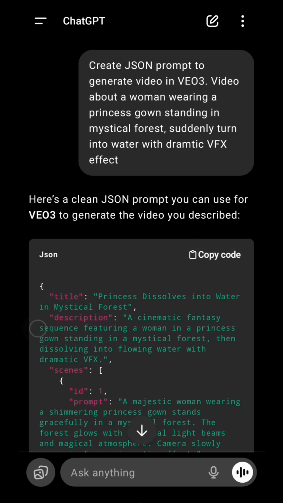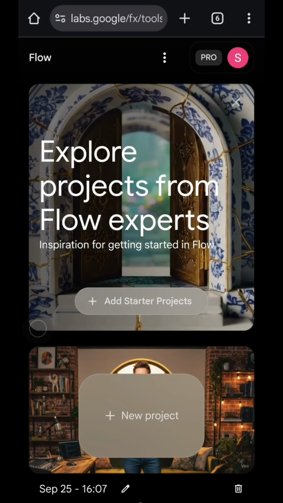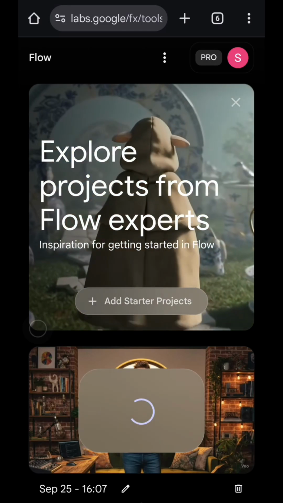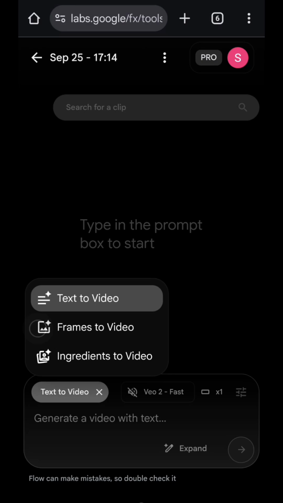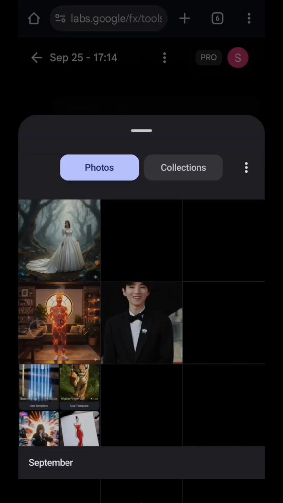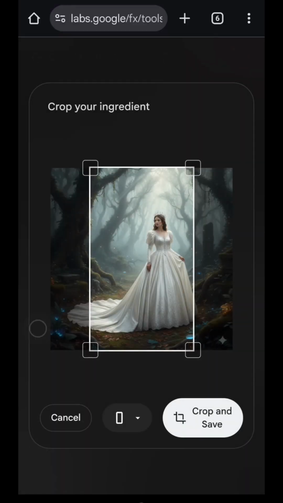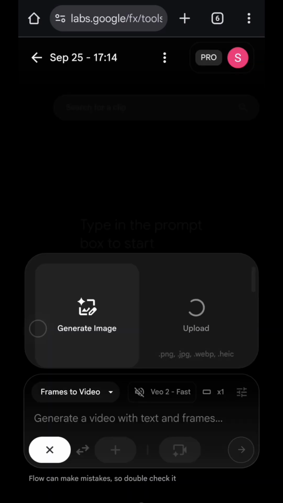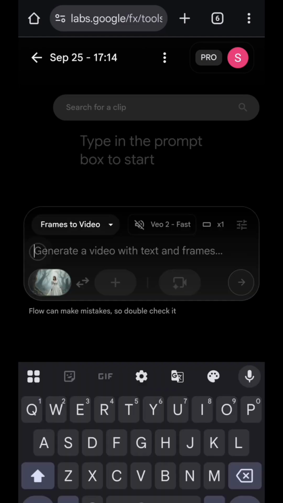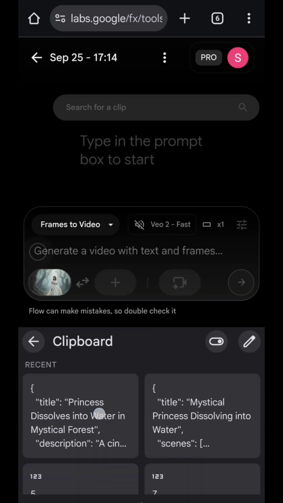And after that, just open Google Flow. We will generate the video using Google Flow. Just open Google Flow and then just create new project, and then choose frames to video, upload your image, and then just crop it as you like. Paste the prompt,